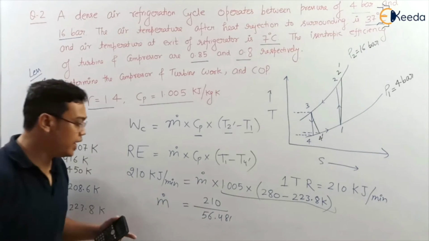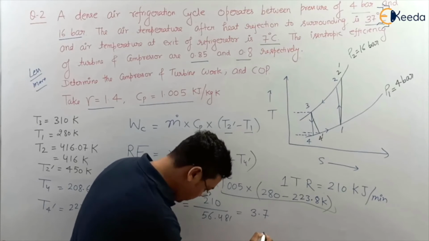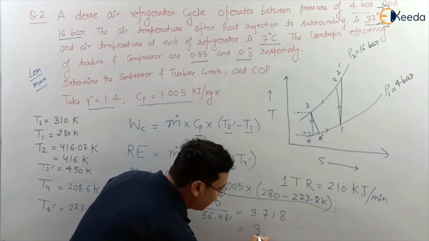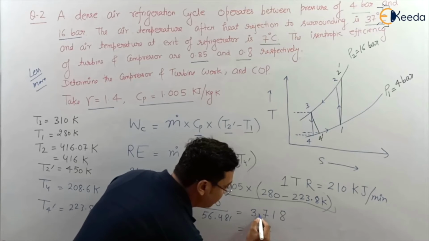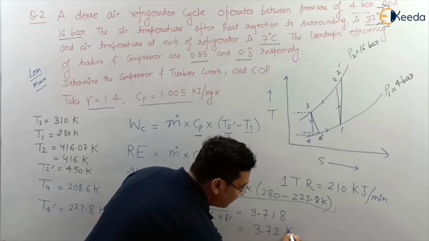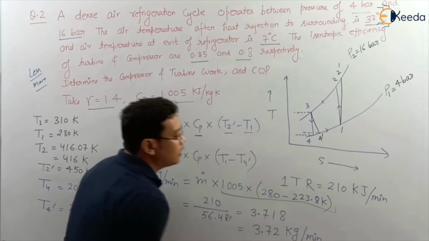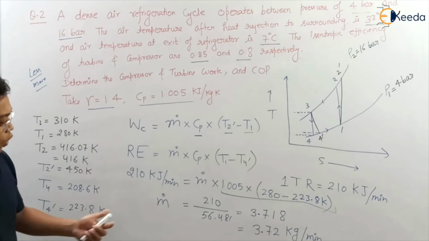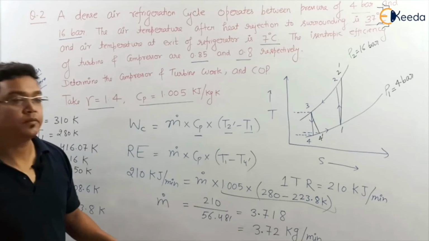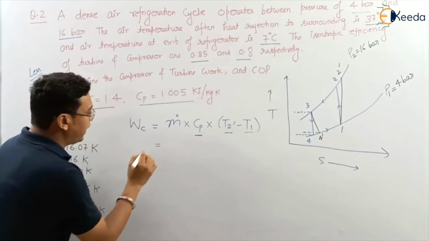We have calculated, it has come 3.718, or 3.72. This will be in kilogram per minute. I have got the mass flow rate as 3.72 kg per minute. Okay. Now, to calculate the